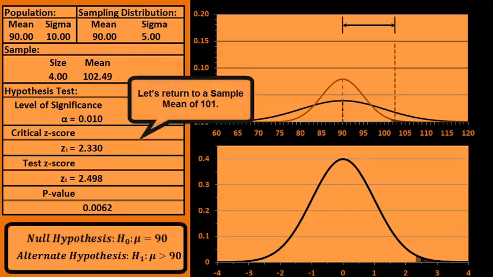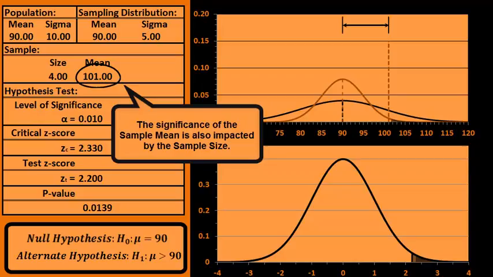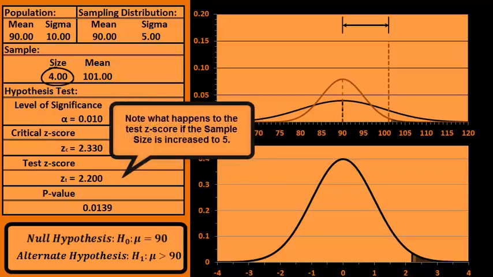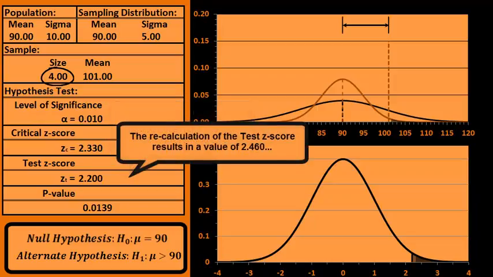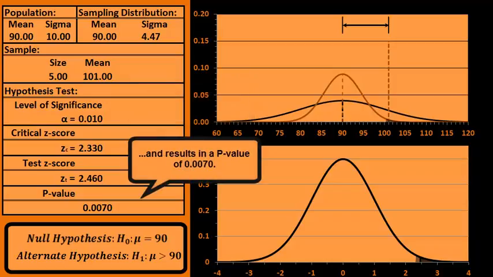Let's return to a sample mean of 101. The significance of the sample mean is also impacted by the sample size. Note what happens to the test z-score if the sample size is increased to 5. The recalculation of the test z-score results in a value of 2.460, which is greater than the critical z-score, and results in a p-value of